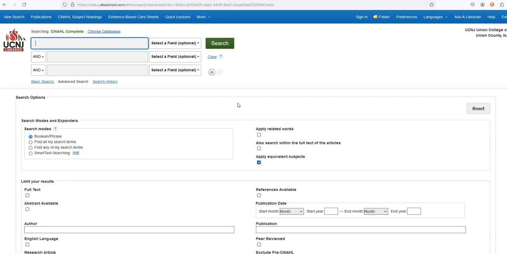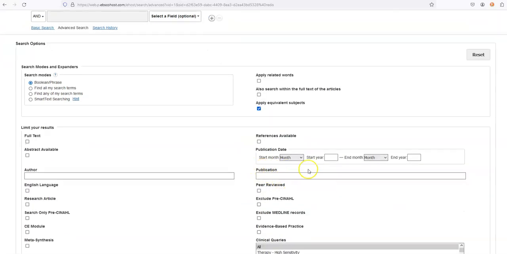Let's consider a few limiters that are helpful in the health sciences. Time frame is important, and typically that means using a 5-year window. So we can set a date limiter for a 5-year range. If we come over here to the publication date, you'll see that it lists start month, start year, end month, and end year. Don't worry about putting the month in, you can just put the year in. And so using a 5-year window, that would make it 2019, and the end year is going to make it